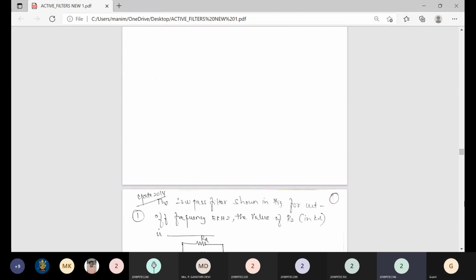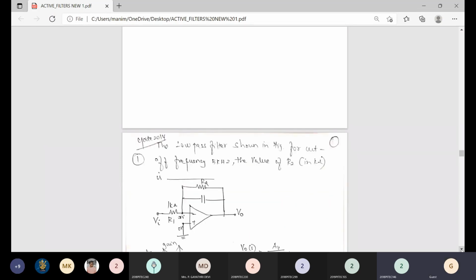So this was a small introduction about filters, right? We should know the passive filter, and why we go for the active filter, right? The main difference between the passive and active filter is only the amplification. Here the gain is determined by the resistive network with the feedback loop. Next we will discuss some GATE questions, right?